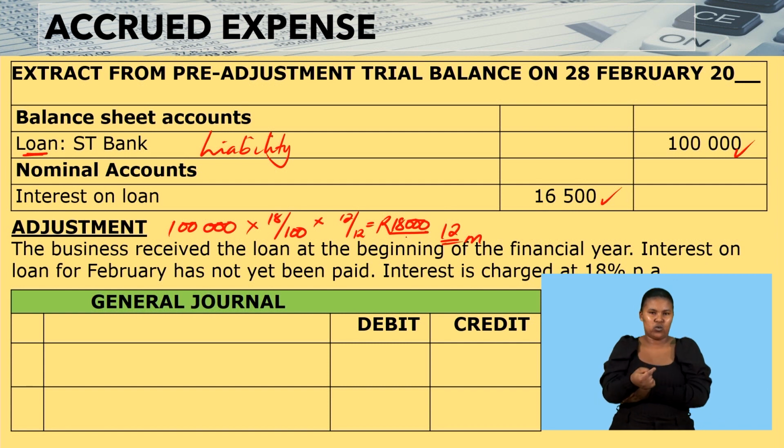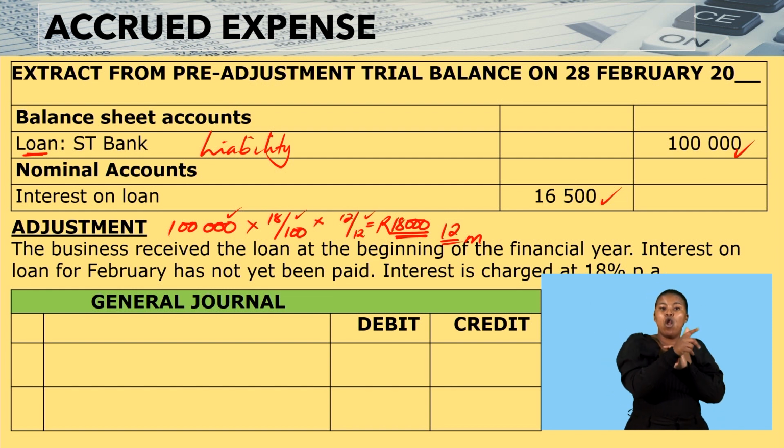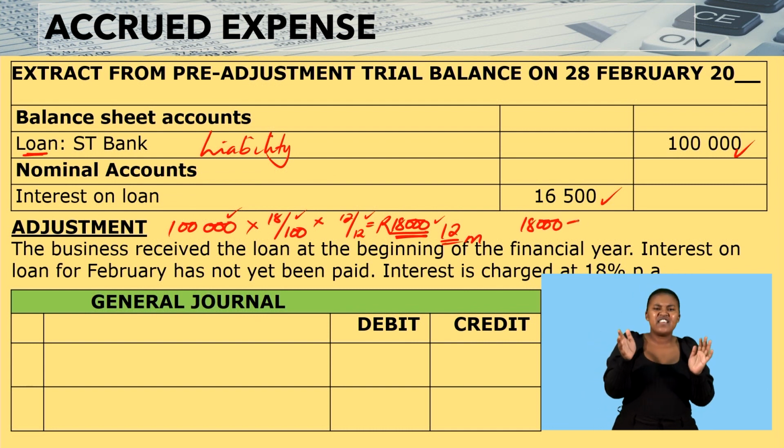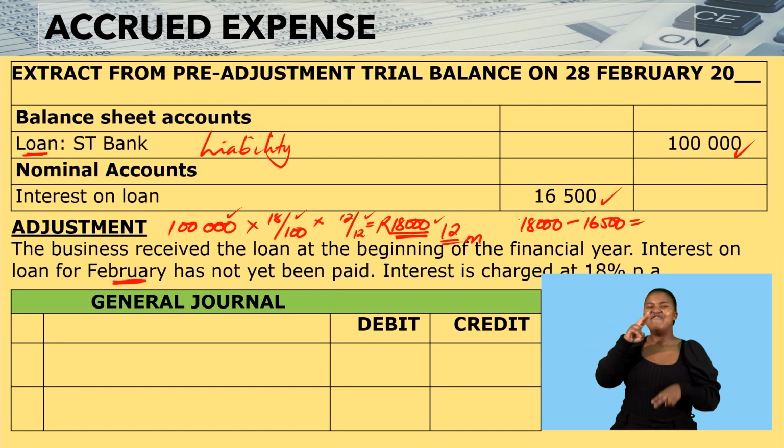You say the loan multiplied by the rate, multiplied by the time. It gives you the interest that we should have paid for this year, 18,000. However, of that 18,000, we have paid only 16,500. And we're told interest for February has not yet been paid. That means we're owing interest for 1 month, which is